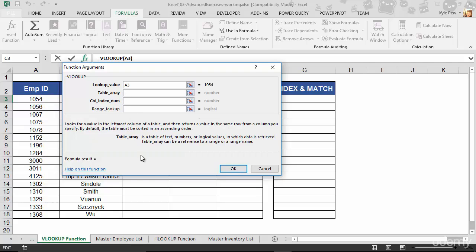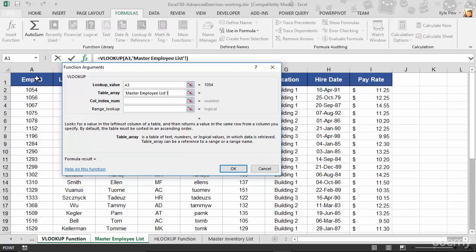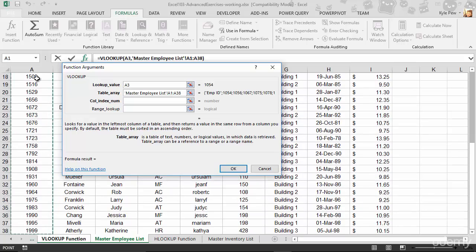Well, table array, I'm going to go down to master employee list, and I'm going to grab this entire list here. Starting in A3, then I'm going to do Control-Shift down arrow on my keyboard. This will grab that entire column, and then I'm going to do Control-Shift right arrow. I'm going to grab the entire list from A1 to I38. So we've got the value you're looking for. We've now told it where to look for it. And by default, a vertical lookup looks vertically through the first column of the table array,